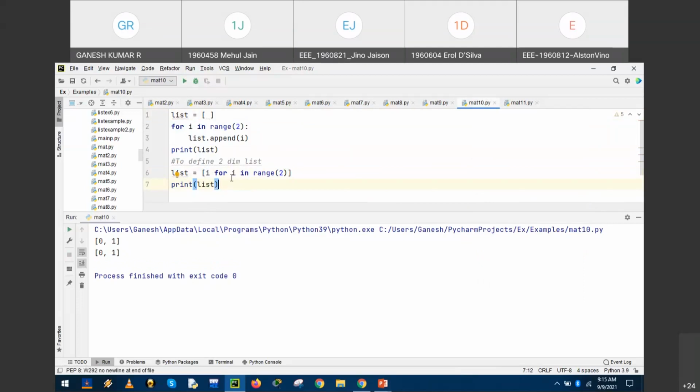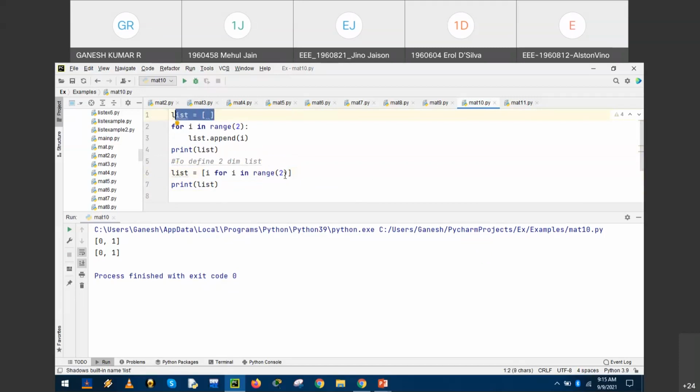Okay. Now this one dimension could be extended to two dimensions. Two dimensions means a column needs to be included inside the row. What we have defined is rows. Kindly note, we started with a list.